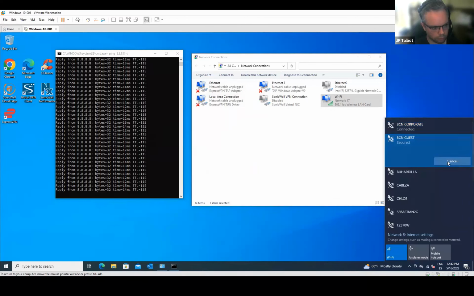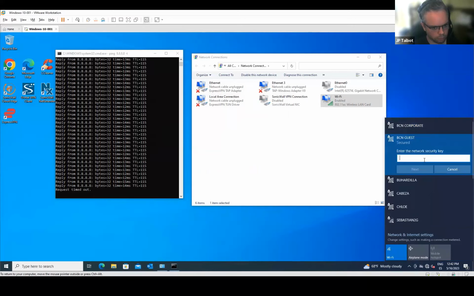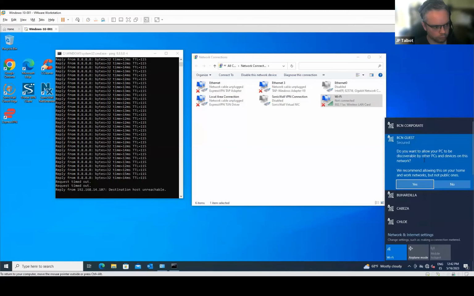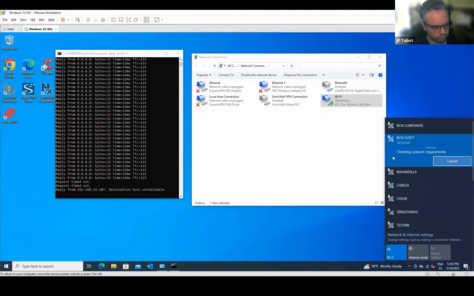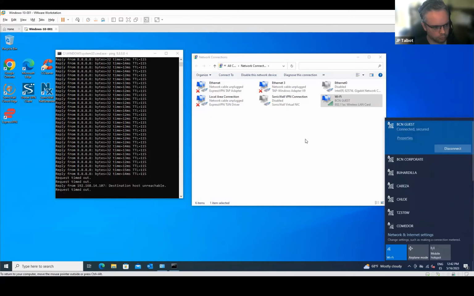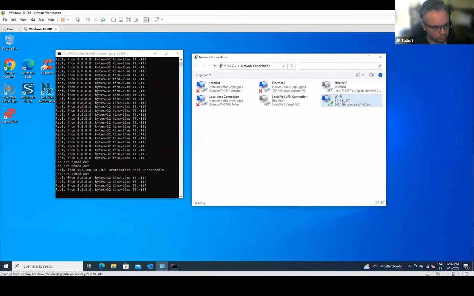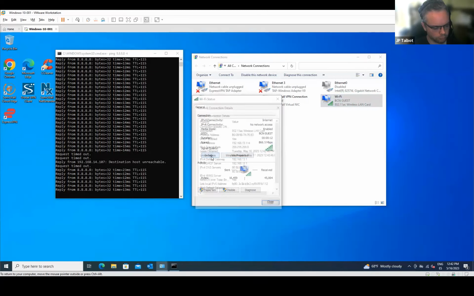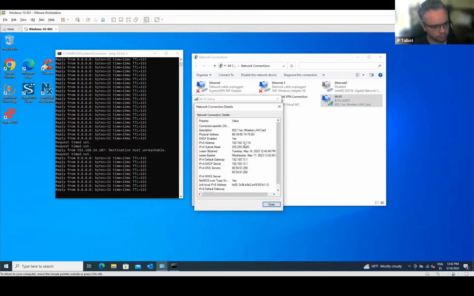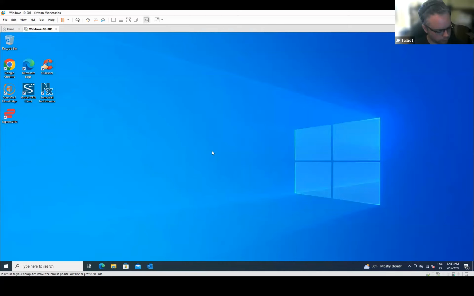Barcelona guest, connect, enter our password. Next, yes. We are connected. Let's check again the IP address. VLAN 13, this is the correct network address. All good. Last but not least, we have to check connectivity with the IP PBX and the two IP phones